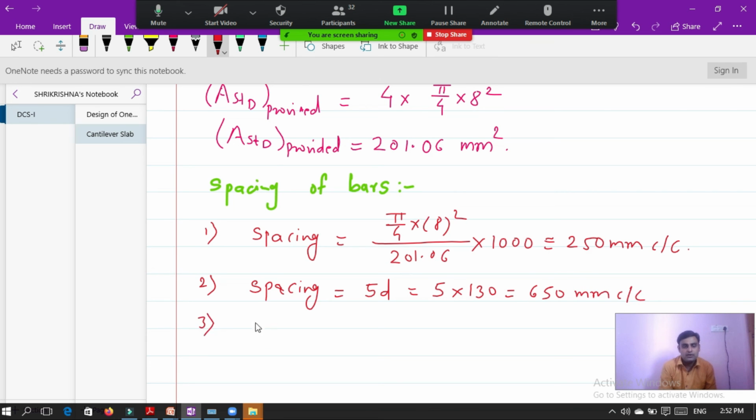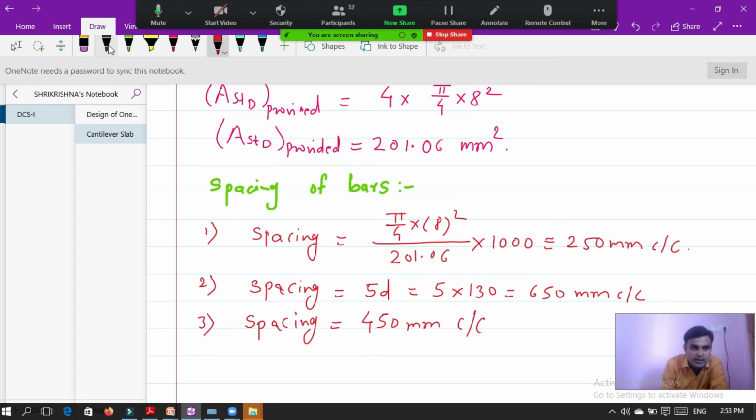And the third thing, in no case must the spacing exceed 450 mm for distribution steel. Now take the least value of these and consider that as the spacing. So the least value is 250.